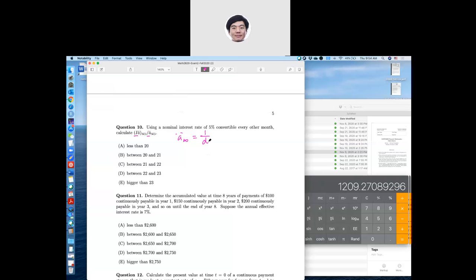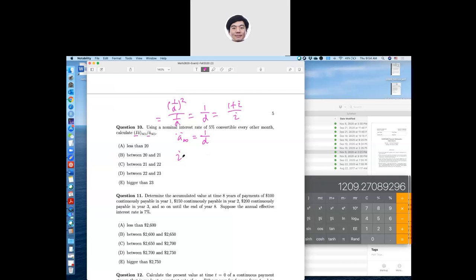So the ratio is 1 over D squared divided by 1 over D. So it's simply 1 over D. So now the question is, what is D, right? Or what is I? Because D equals I divided by 1 plus I, so it becomes this. Okay, so your job is to figure out I, and that's probably not difficult, right? So here what we have is